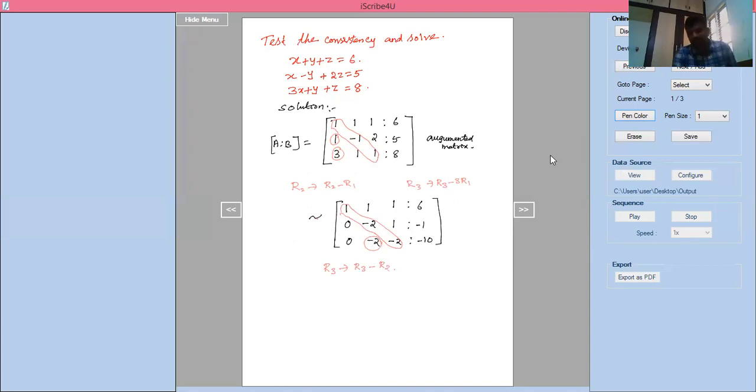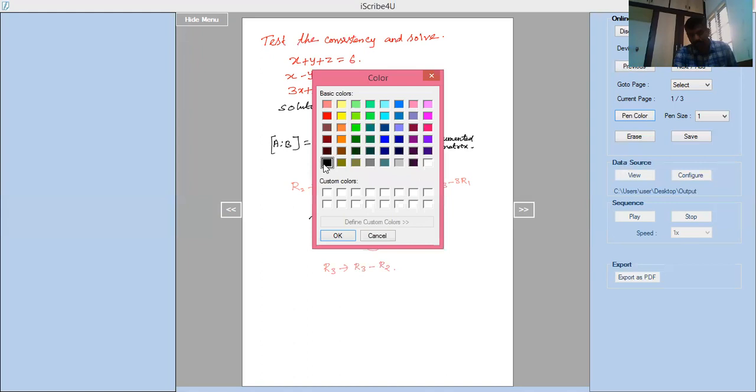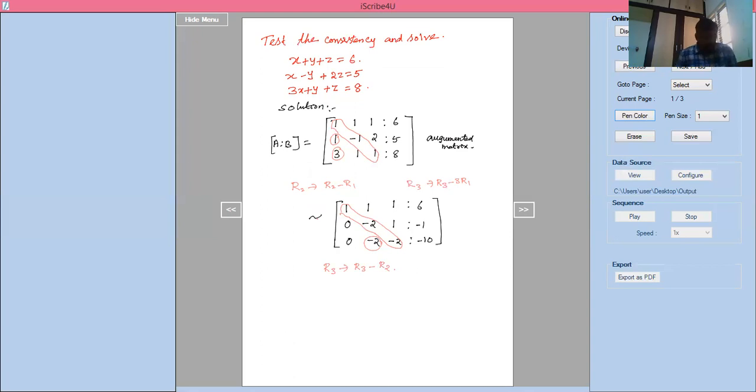So now I can take R3 minus of minus R2, which should be this one. Now I'll perform this. The first two rows I can write as it is. Here, 1, 1, 1 is to 6. 0 minus 2, 1 is to minus 1. R3 minus R1 means 0 minus 0. Minus 2 minus of minus 2 should be plus 2. Minus 2 minus 1 is minus 3. Next, minus 10, minus of minus 1 should be minus 9. So now we'll take this and we can simplify this one.